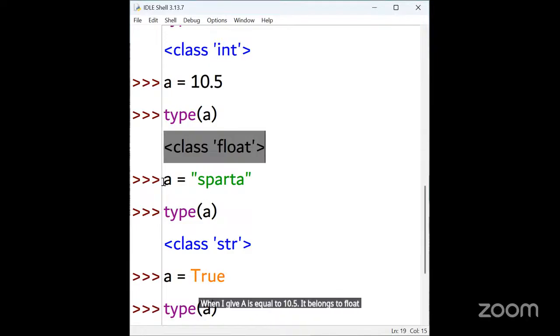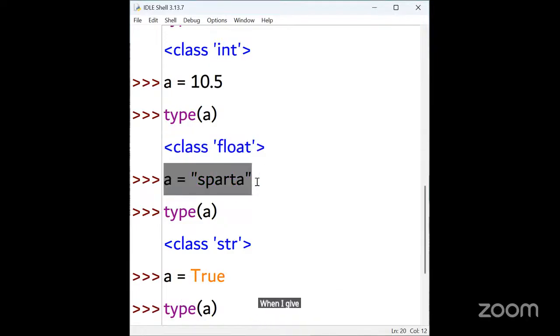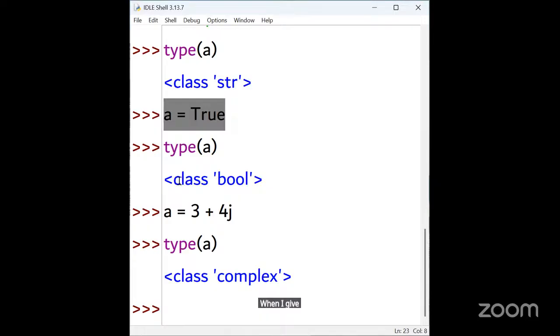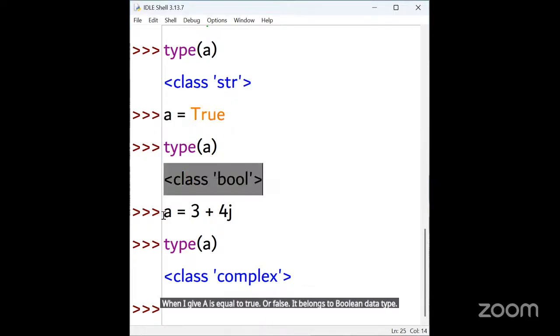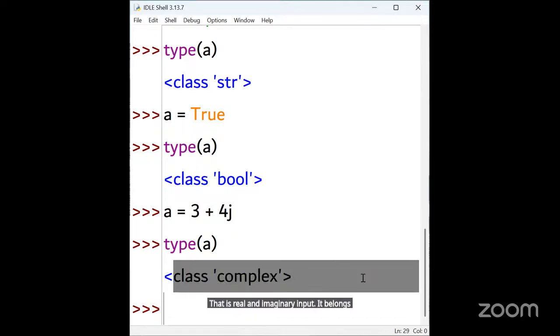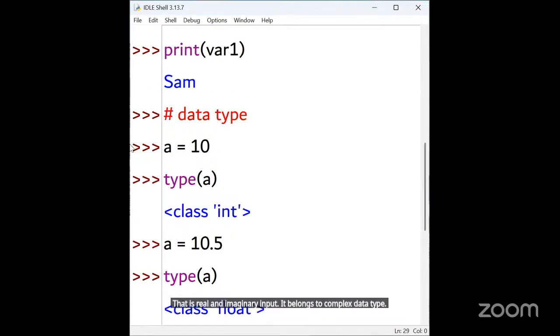When I give a string input, it belongs to class string. When I give true or false, it belongs to Boolean data type. When I give 3 plus 4J, that is real and imaginary input, it belongs to complex data type. So that's all about data types.